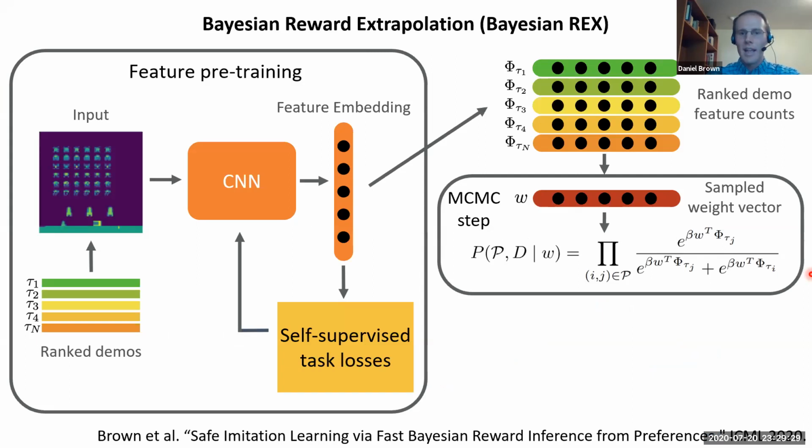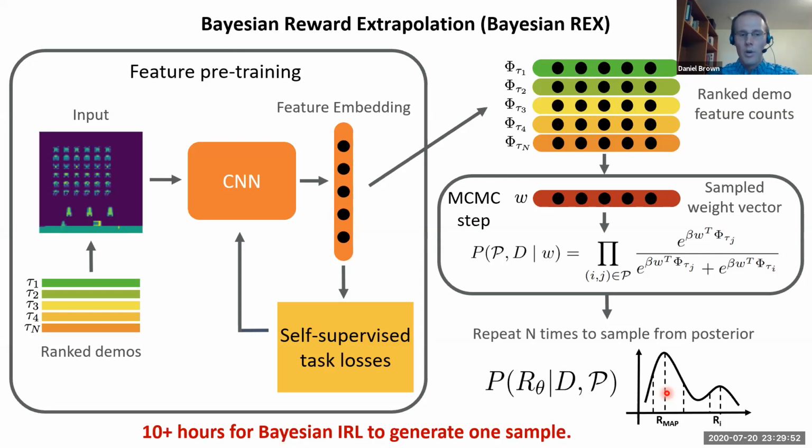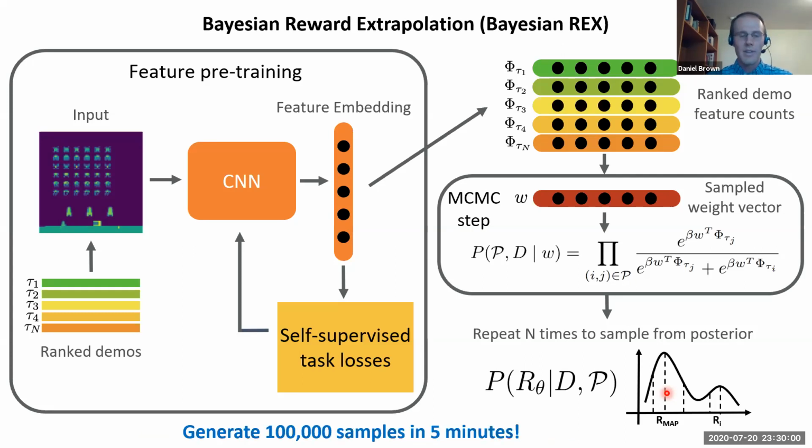So given that we have this likelihood of preferences, P, and demonstrations given some weight vector, we can then repeatedly sample for different weight vectors in order to draw samples from this distribution of likely reward functions given these ranked demonstrations. This allows us to generate up to 100,000 samples in just several minutes, just running on my laptop with no access to a GPU. Whereas if we were to run standard Bayesian IRL that actually tries to solve the MDP, this could take 10-plus hours to generate a single sample. And so we're achieving much better sample efficiency by taking advantage of this pre-processing, these pre-training steps, as well as